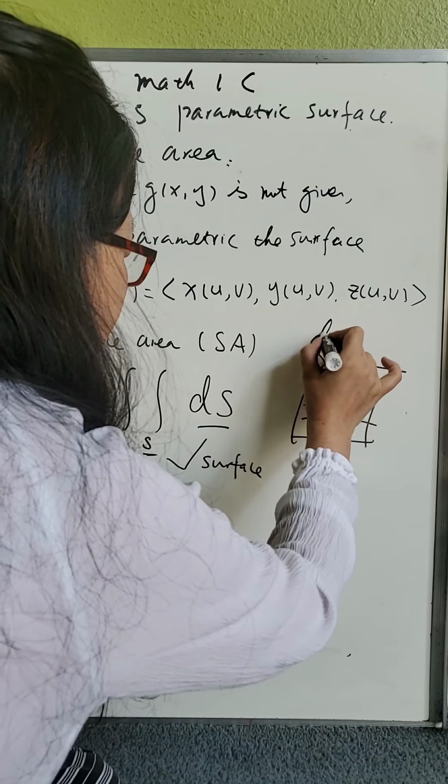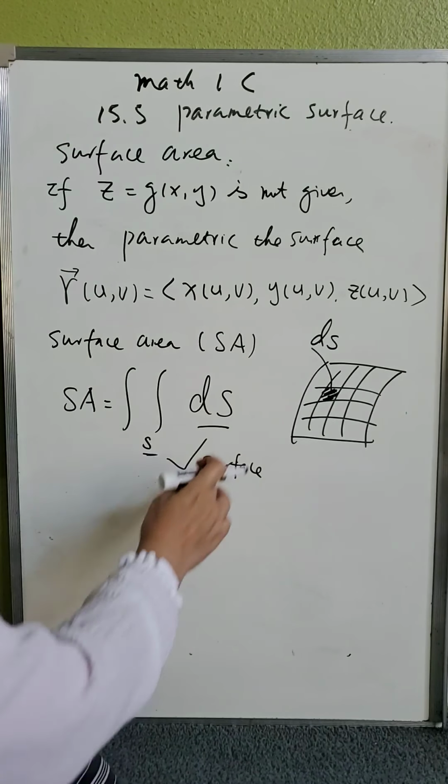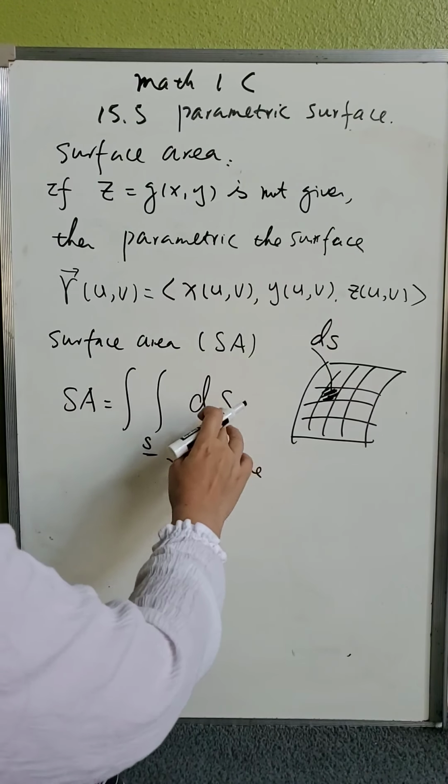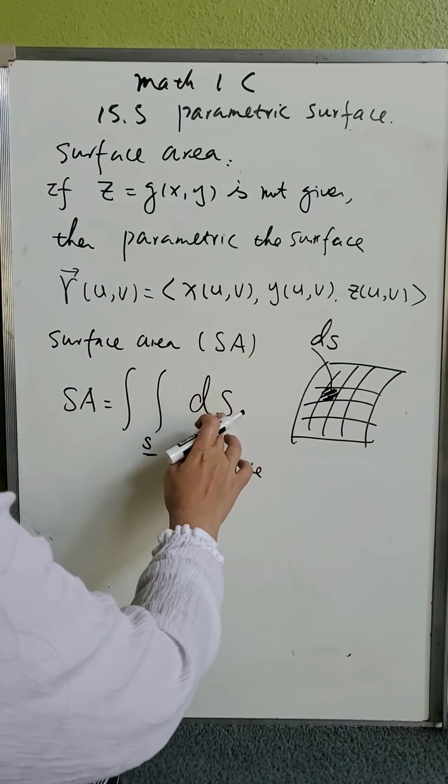That's your dS. They write it big because when we write small, that's arc length, like what we do in line integrals. So they write big, and that means a little piece. Now this is a capital letter. It represents a little surface area, and then it just equals to